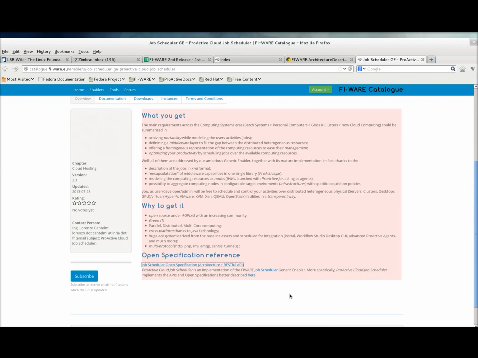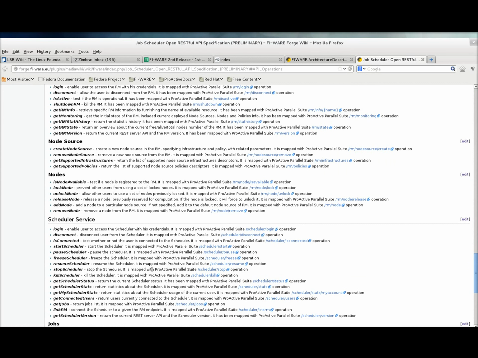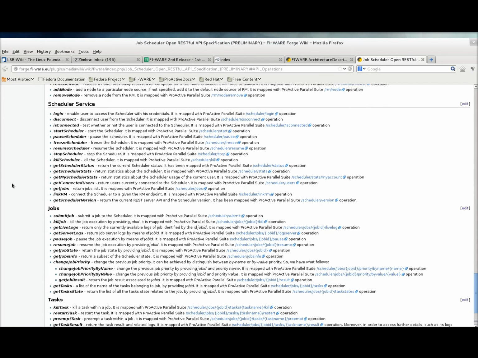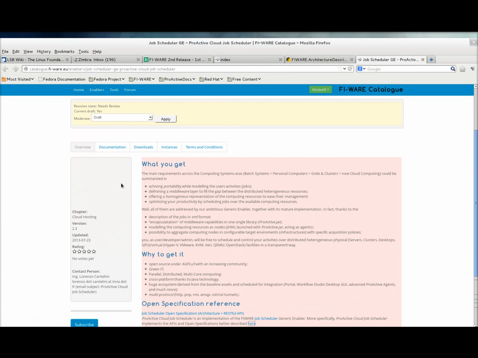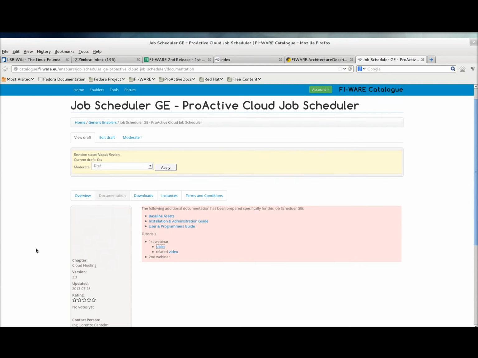Coming back, here are the open specification, the RESTful API implemented. We can pass also to the documentation. Here basically there are all the details that we furnish in the slides that were prepared for the previous webinar. Here in fact you can get the slides. There is the related video that I re-edited to be more comprehensive. There is the baseline definition also,